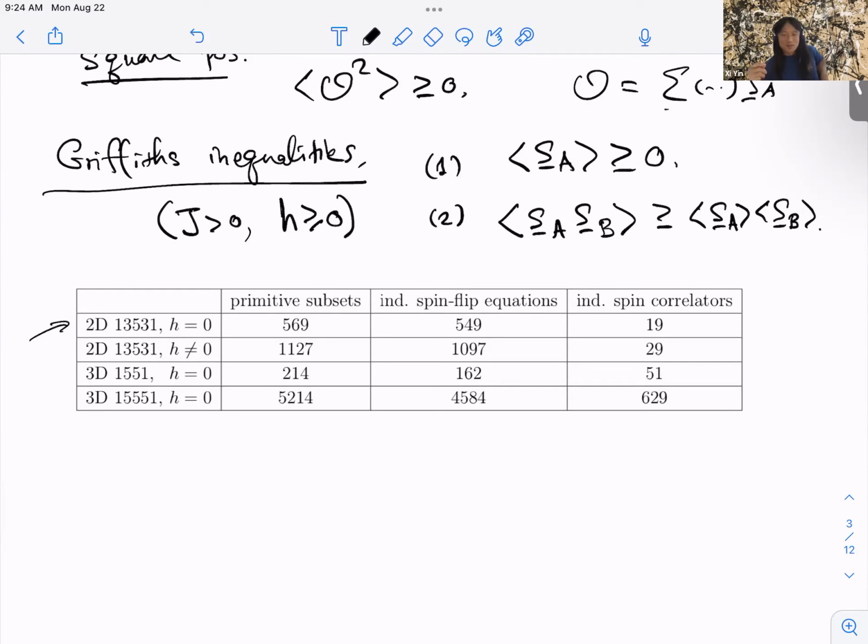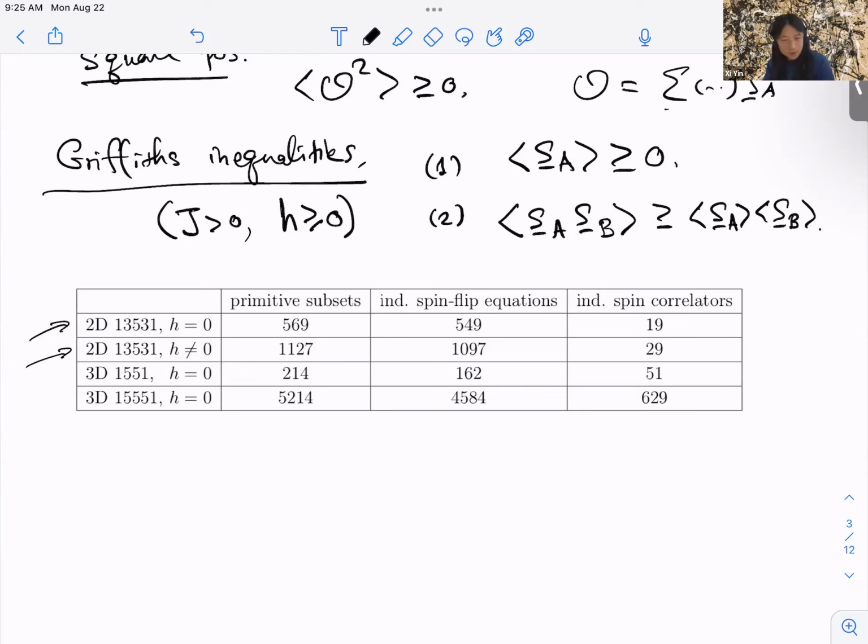As far as, to the extent that you're interested in the symmetry unbroken phase. Now, for the non-zero magnetic field, of course, it is necessary to include odd number of spin insertions, and the system gets slightly bigger. That's what I'm considering here.